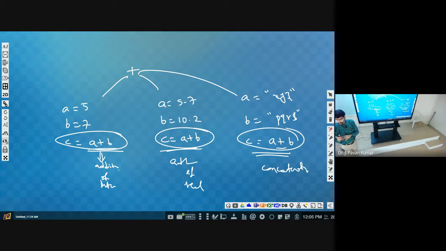Next, consider slash. For slash also we have more than one functionality. So whenever we have more than one functionality for the same operator, that can be plus, minus, anything, then that particular operator is overloaded.